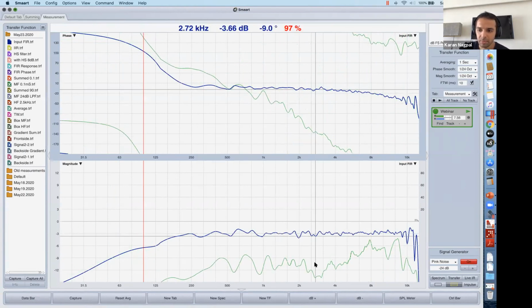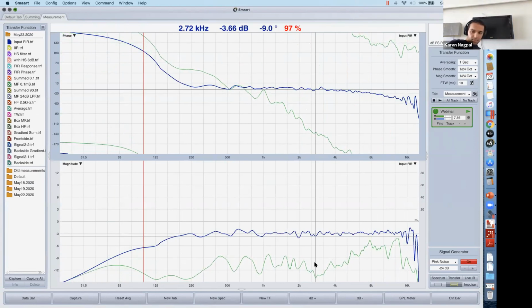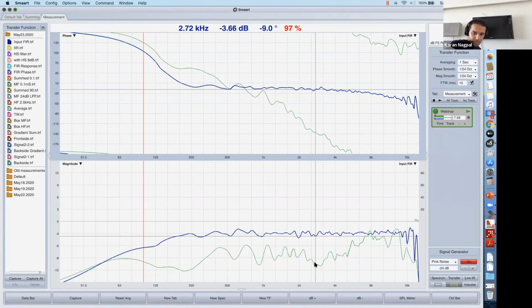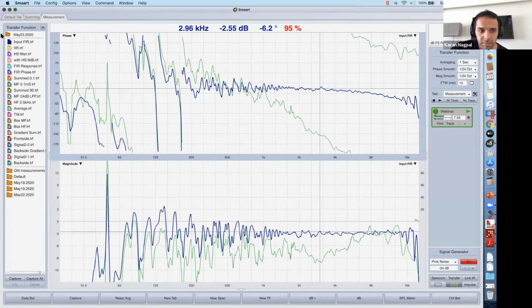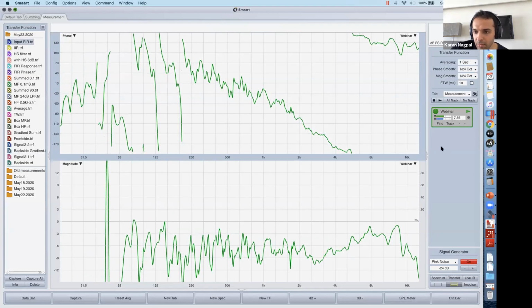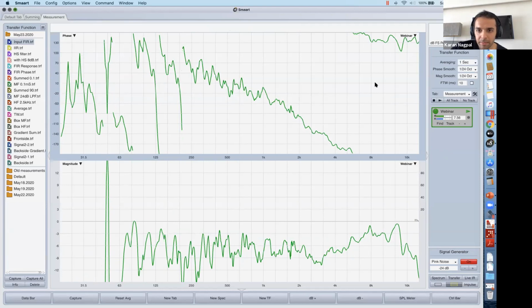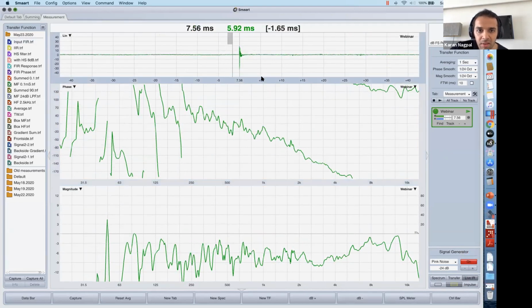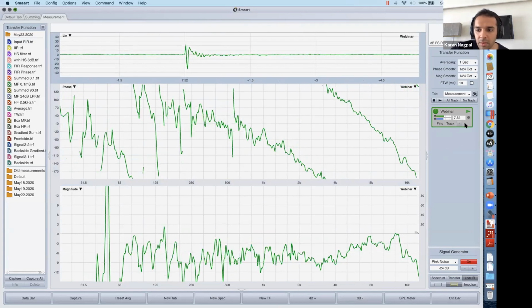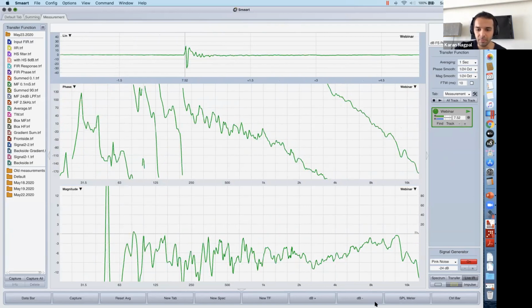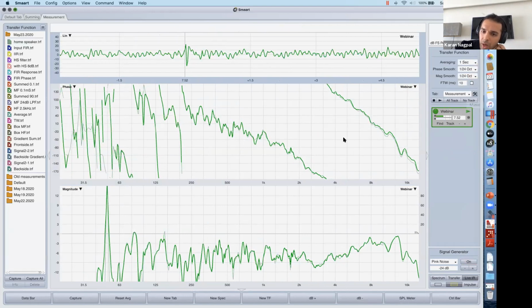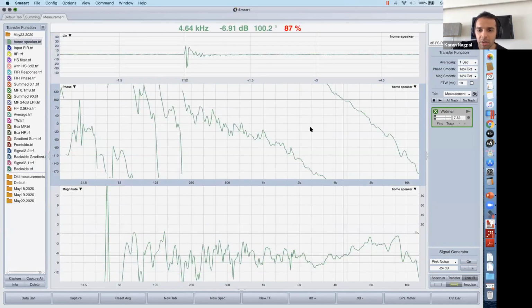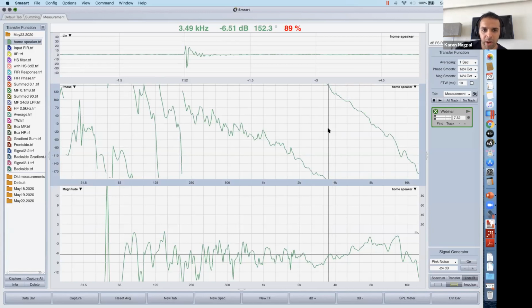This is a small speaker, as you can see. I know the crossover is somewhere around the range of 3.5 kilohertz, which is why I was checking the impulse response to make sure that you can always move it by plus or minus 1 to make sure the peak arrives on time.